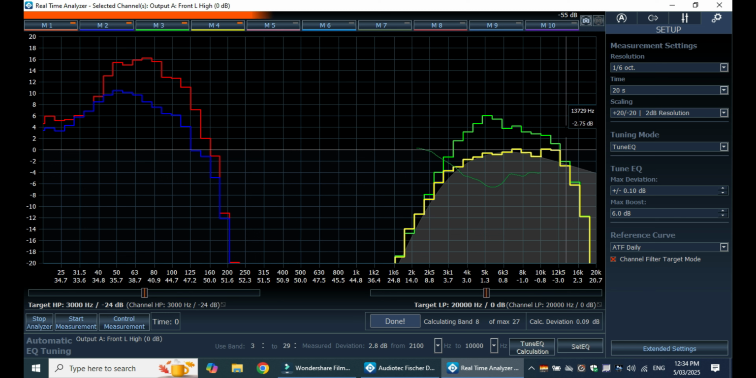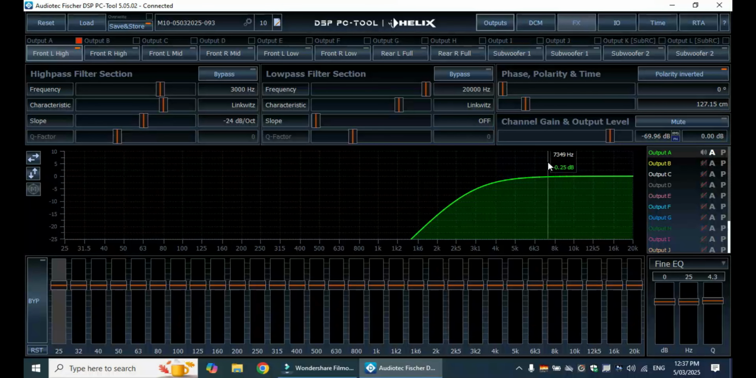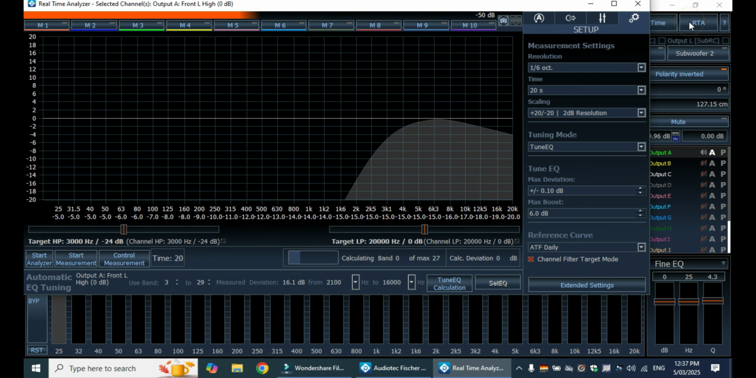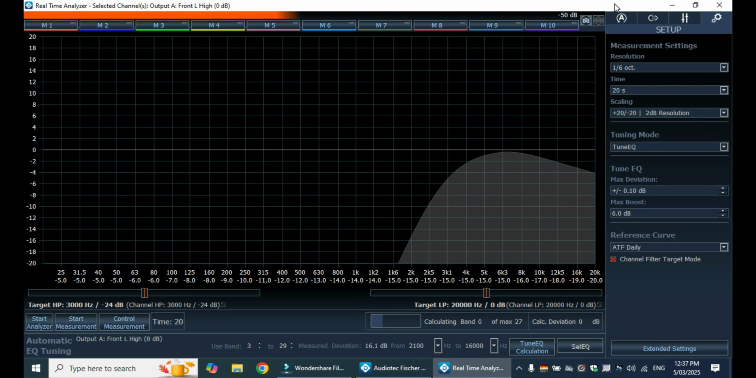So that is manual EQ. Now I'm going to take us through the auto set feature, or the auto tuning feature of the tool. Okay, and now we're going to have a look at the auto tuning feature of the RTA tool. So once again, we click up there to get into the RTA window, and we maximize up the